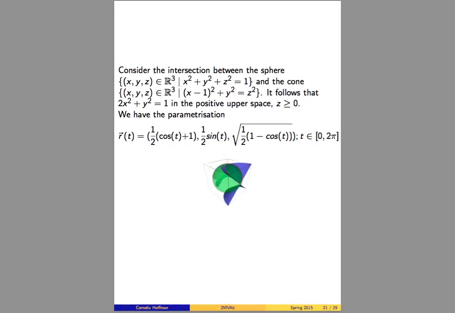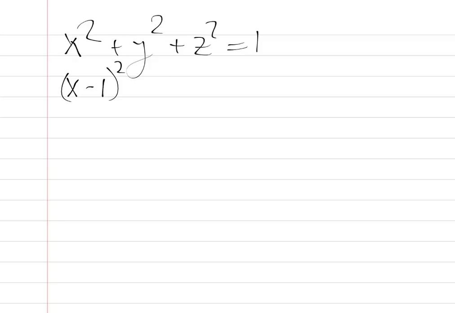So that's that. So we're going to consider the intersections of the sphere x squared plus y squared plus z squared equals 1 with the cone (x minus 1) squared plus y squared equals z squared. To compute this intersection, to parameterize this intersection, we first rewrite the two equations. We'll keep the first one on,